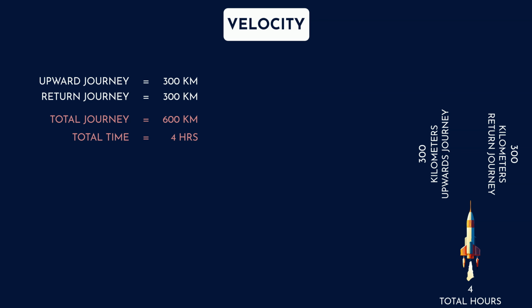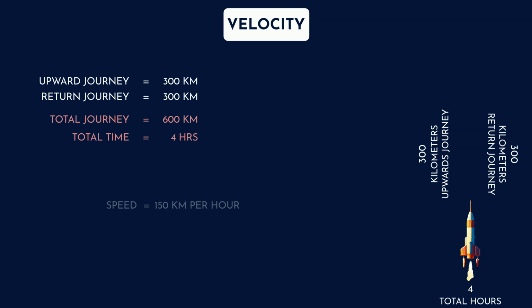To calculate the speed, we divide the total distance traveled by the rocket, which is 600 kilometers, by the total time of 4 hours. Solving this gives us 150 kilometers per hour. So, basically, we can say that the rocket was moving at the speed of 150 kilometers per hour to complete the